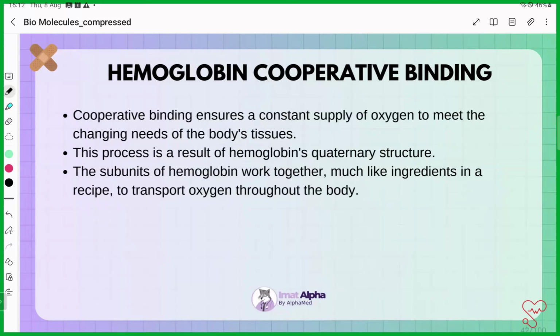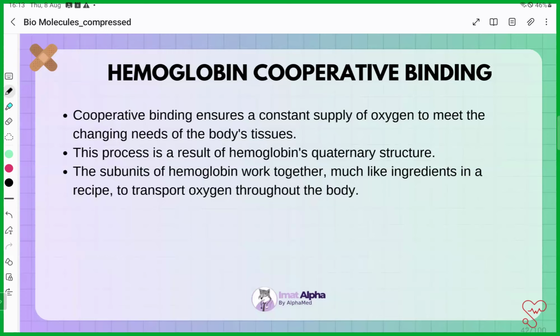So, cooperative binding ensures a constant supply of oxygen to meet the changing needs of the body. This process is a result of hemoglobin's quaternary structure. The subunits of hemoglobin work together much like ingredients in a recipe to transport oxygen throughout the body. Hemoglobin cooperative binding is not a main question in the IMAT. However, you might just have to know that